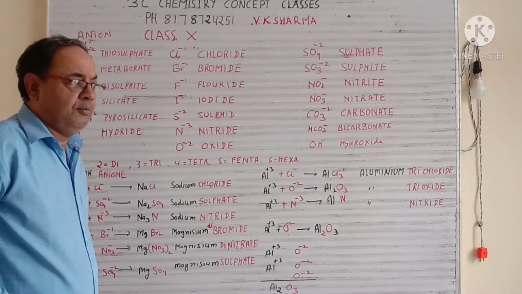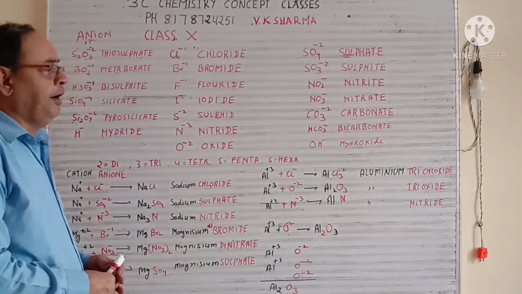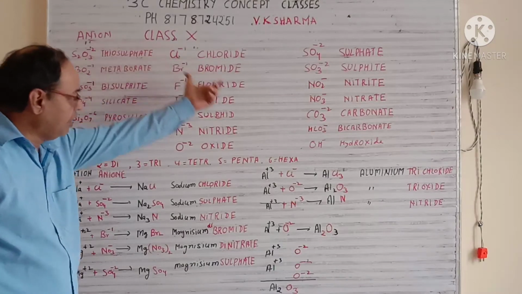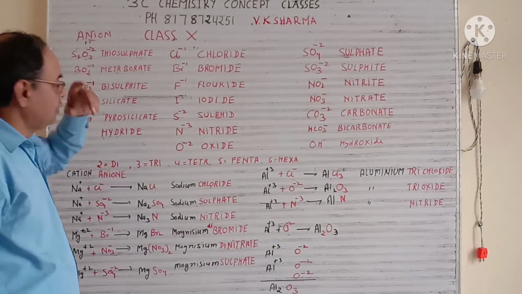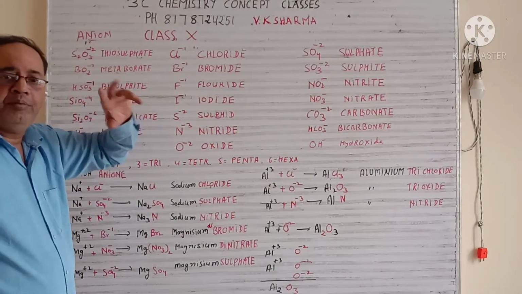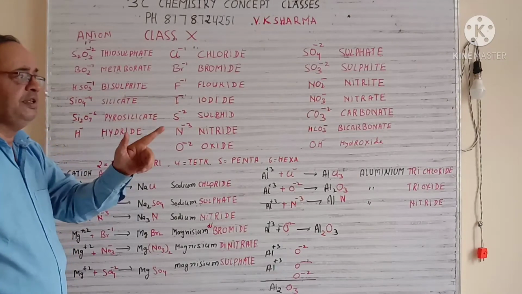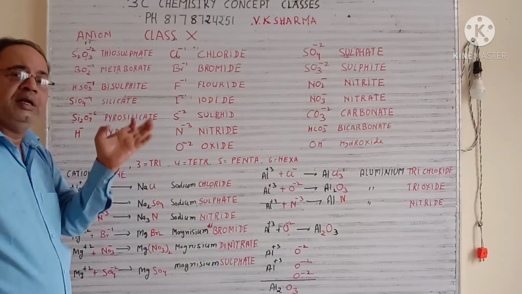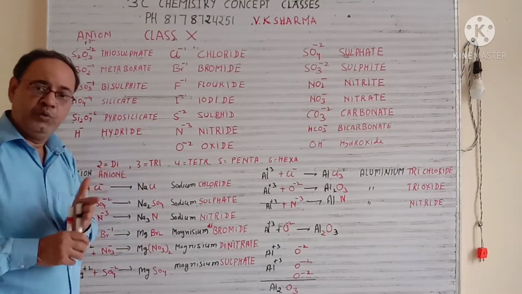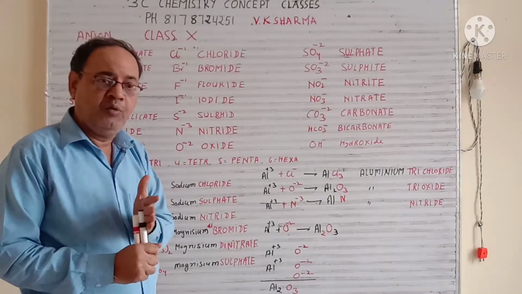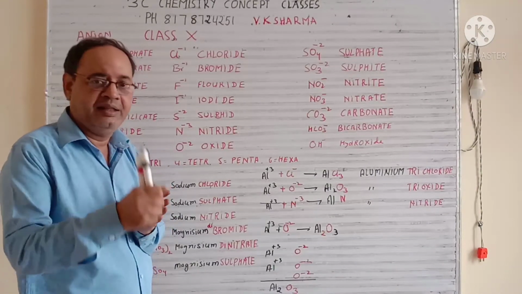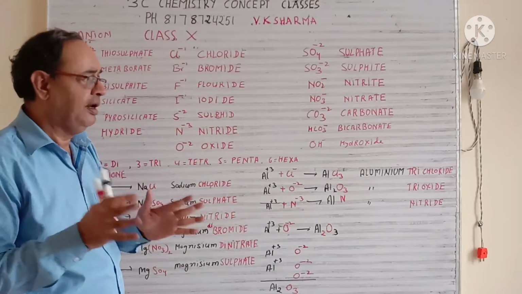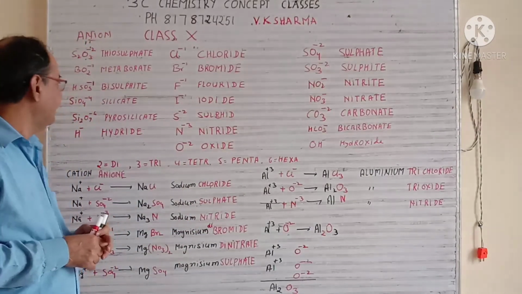Now friends, whatever I have told you, we are now going to use it. First I am giving you a few compounds and what they are called. Just keep in mind, negative molecules, atoms, ions, whatever there are, are called anions. And positive ones are known as cations. As per the IUPAC rule, we have to always write the cation first, then we write the anion. This is a rule of the International Union of Pure and Applied Chemistry. So the IUPAC name has rules, and we have to follow them.